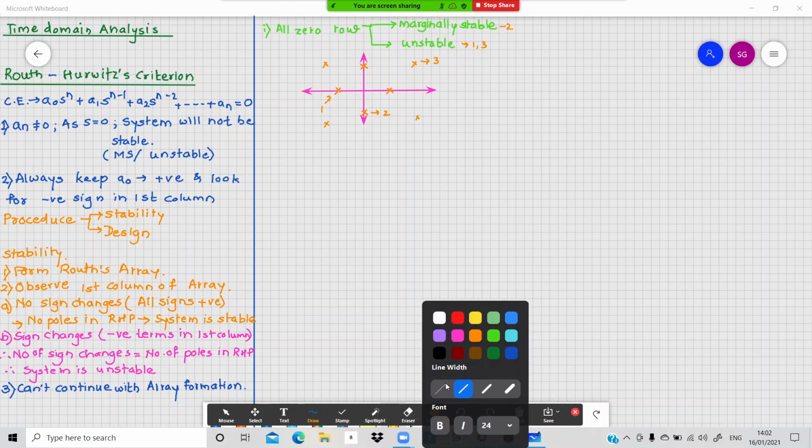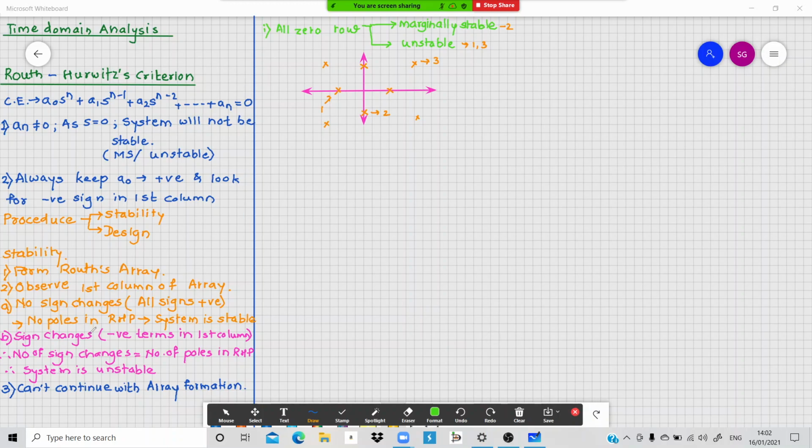Then the second possibility is you are not able to continue with the array. What happened? Your pivot element, the first element of the row, is becoming 0, and that will come in the denominator for every next calculation. So all elements are becoming infinite. In that case, again some method is there. So I'll write: pivot element. Pivot means first. Pivot element is 0